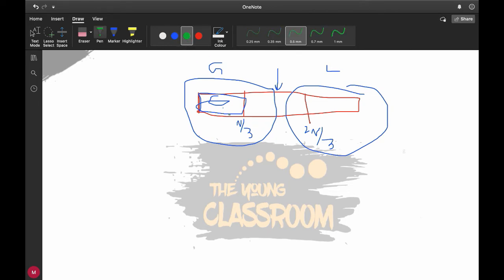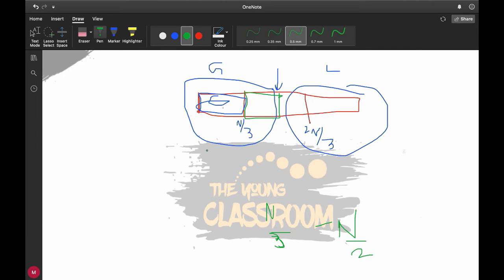If you get less, that means this particular n by 6 area, from n by 3 to n by 2, is rejected. This happens if the worst case comes, like you get answer G from here and L from here, and similarly for the second half.